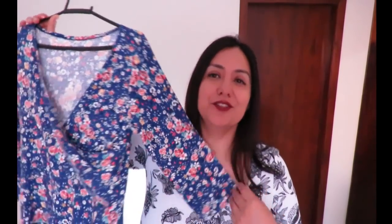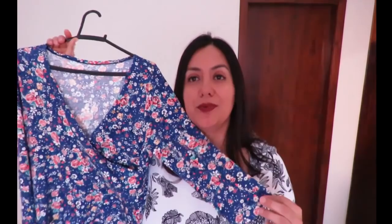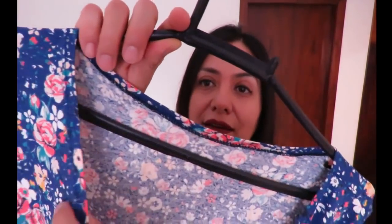Cool, so very easy. I chose this one for my first attempt. You know, when you're testing a pattern, I didn't choose the most favorite fabric I had in my stash, but one that would be suitable. It's a Rayon spandex, and it's got all those colorful flowers. Very nice medium weight, I would say, knit,